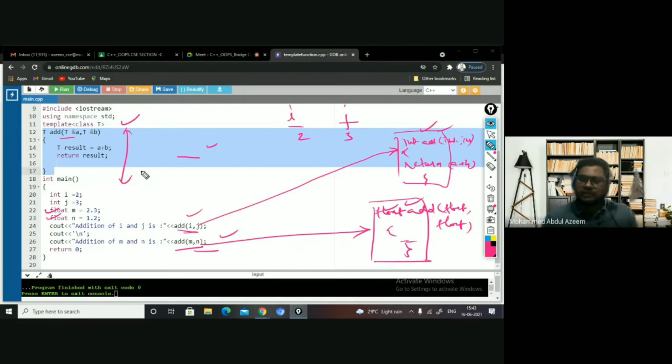The advantages of having the function template are effective utilization of memory. It reduces the cost, right?